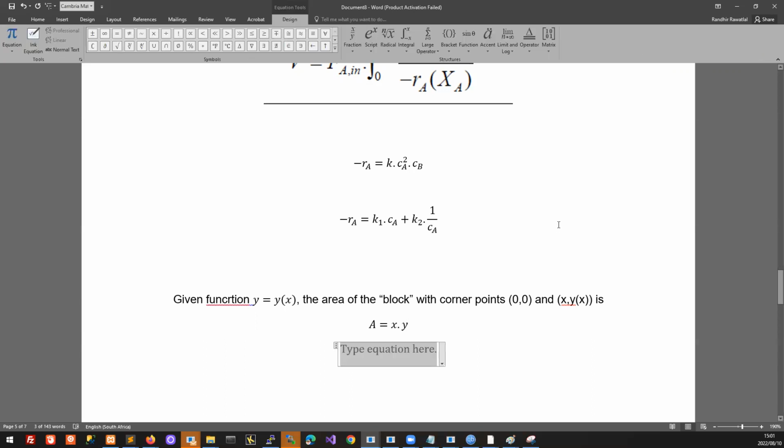So the derivative, or the differential area, is equal to